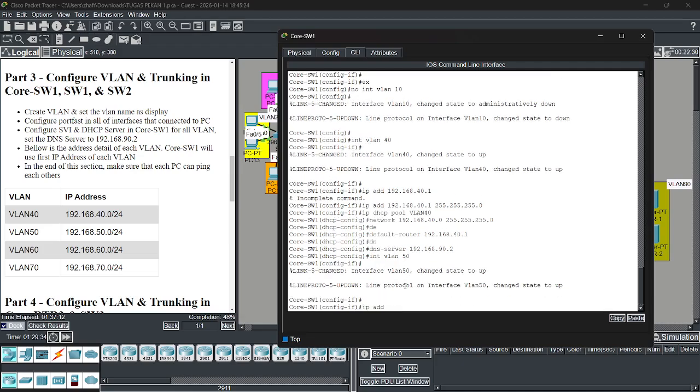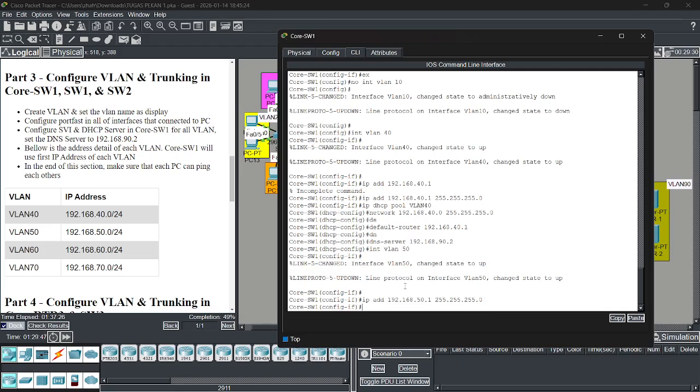Okay, we go to interface VLAN 50. IP address is 150.1. The subnet mask, and then IP DHCP pool VLAN 50.